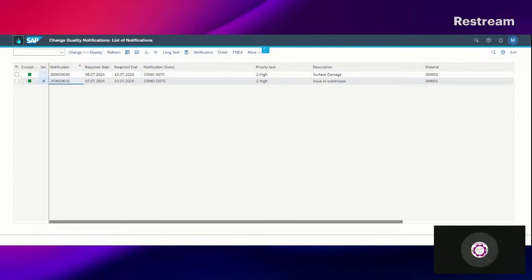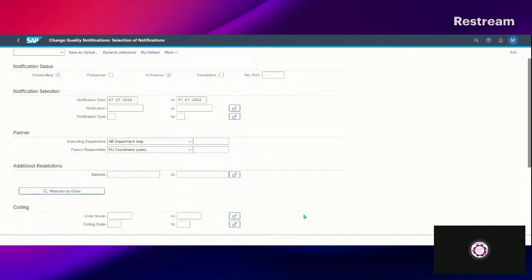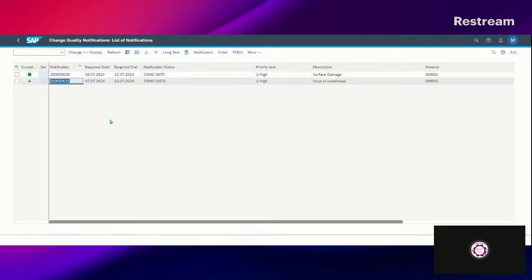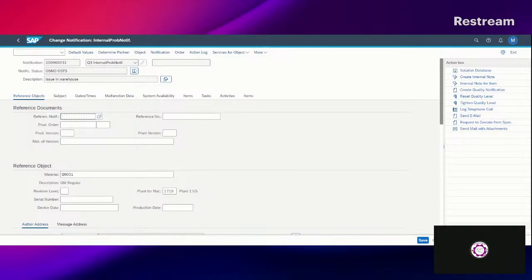So we can look for the notification information. In our case, I double click on the line. So we have to navigate to tab task,